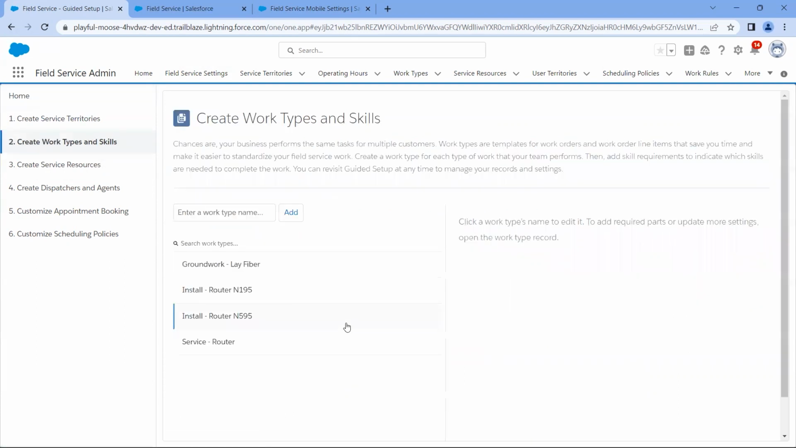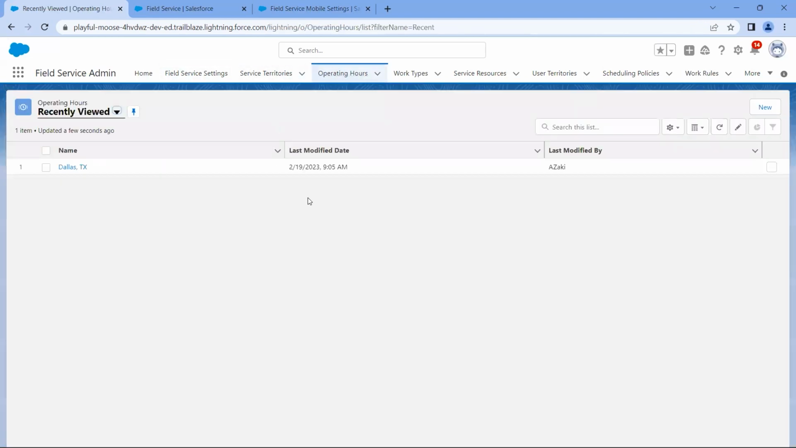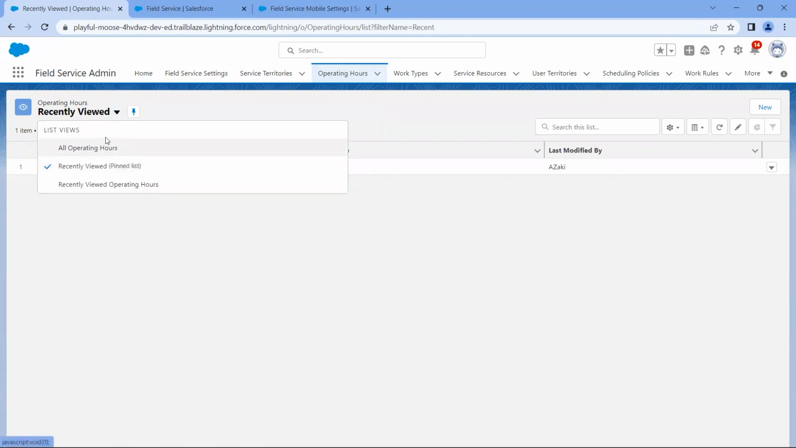Work types. This is just a basic way of listing out and creating your initial work types. There's other ways of doing this. This is just, once again, using the guided setup. And then you have your operating hours here. So what I'm going to do is, let's look at operating hours. So by default,